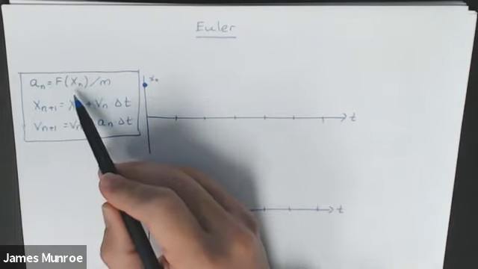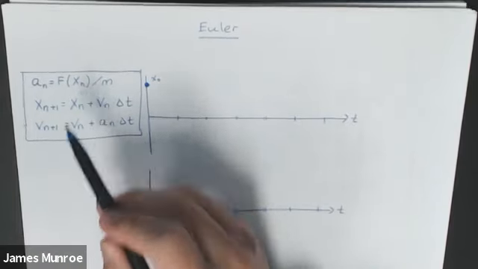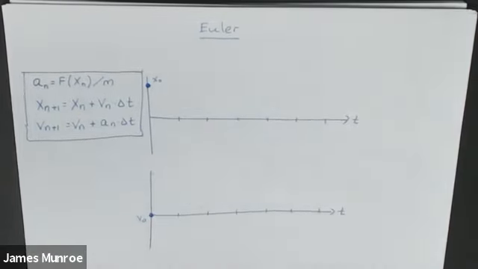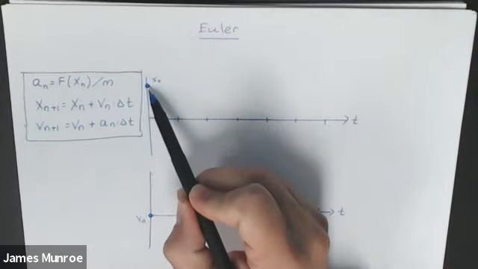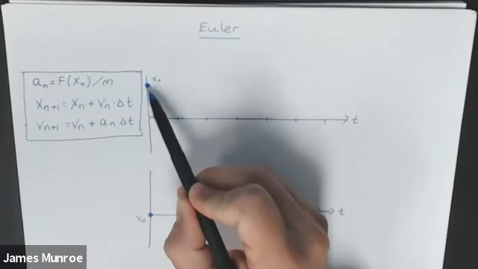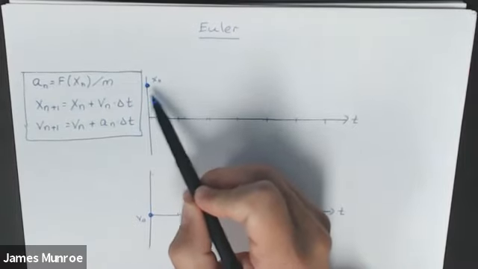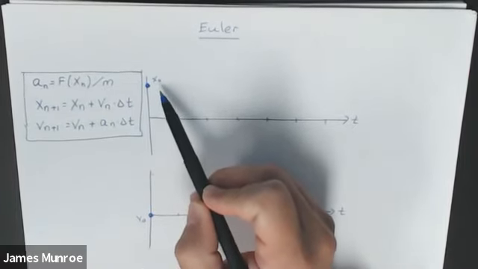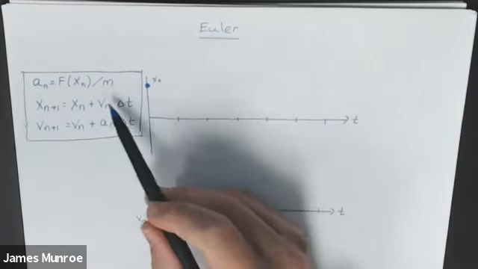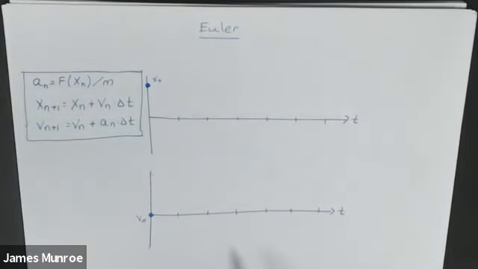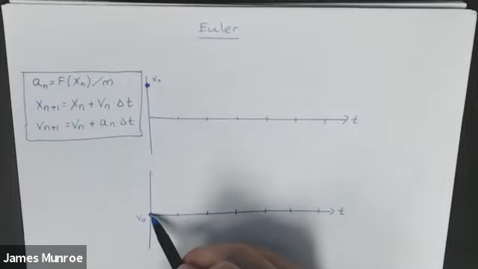How far the spring is pulled forward or back tells you what the acceleration is. Because the position starts off very, very large, the force is very, very negative, so the acceleration is very, very negative. That means the acceleration is going to start by being negative, and this velocity here is going to be incremented